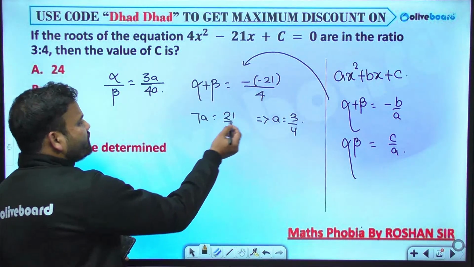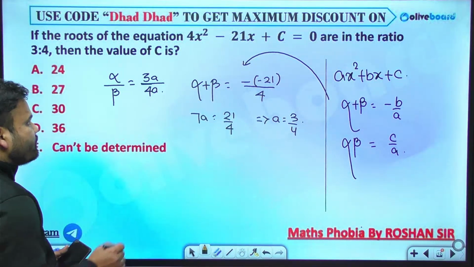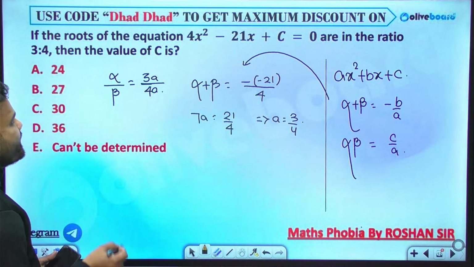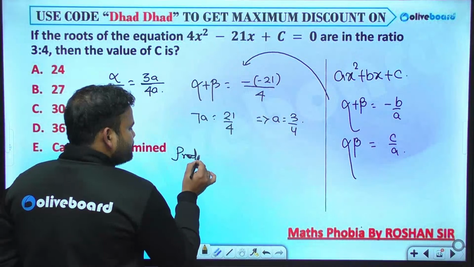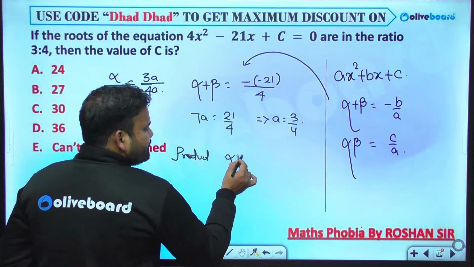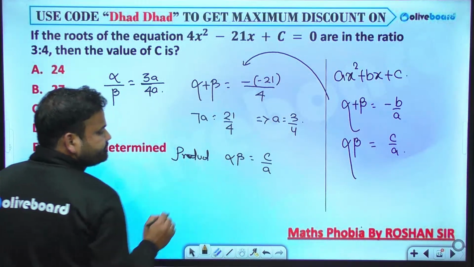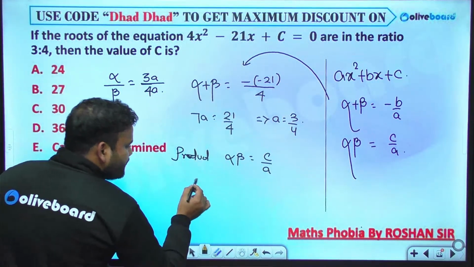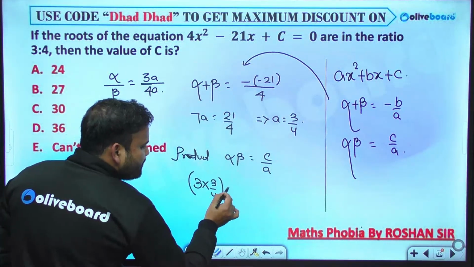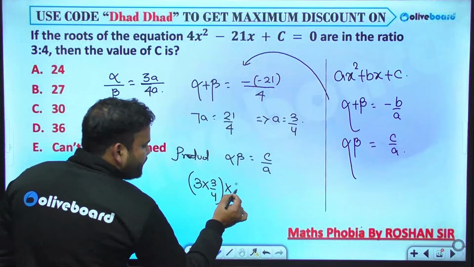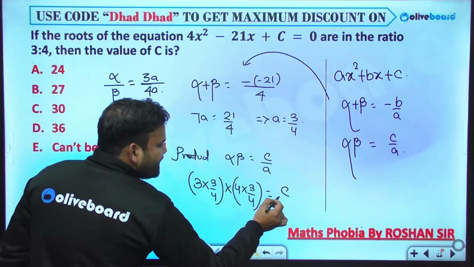If we know the value of a, that means alpha and beta both are known. So both the roots are known. But we are here to calculate the value of c. How to calculate c? With the product of roots. Product of roots alpha beta will be c by a. We know the value of alpha. Alpha is 3 into a, and a is 3 by 4. And beta is 4 into a, a means 3 by 4, is equal to c upon